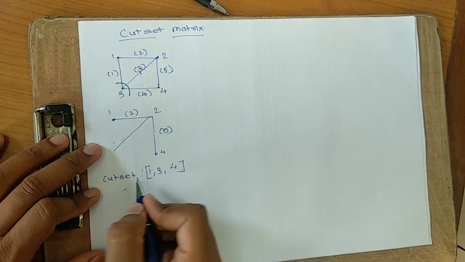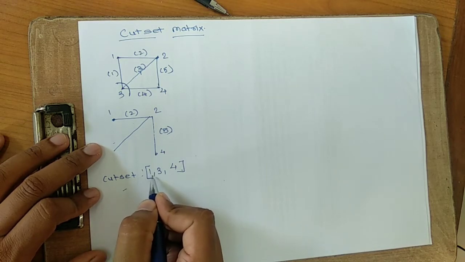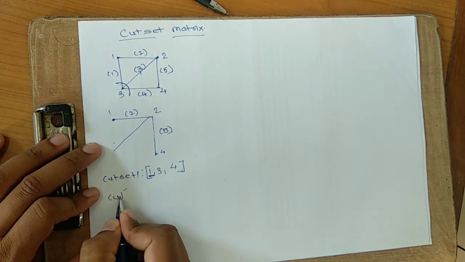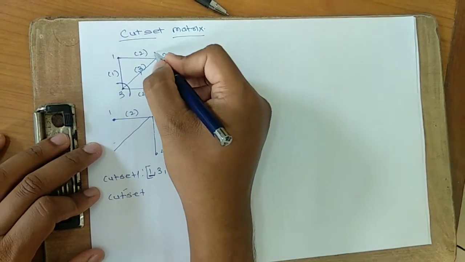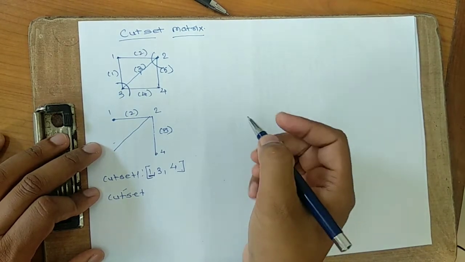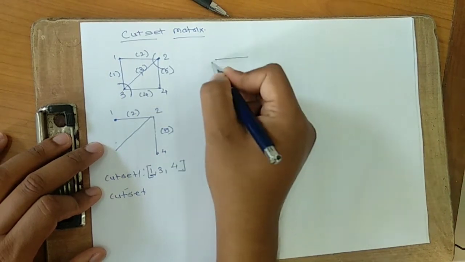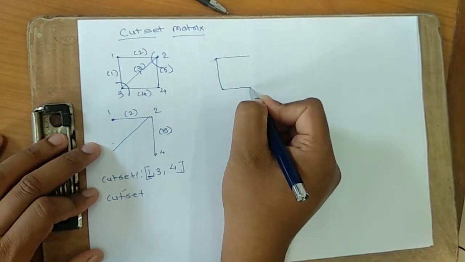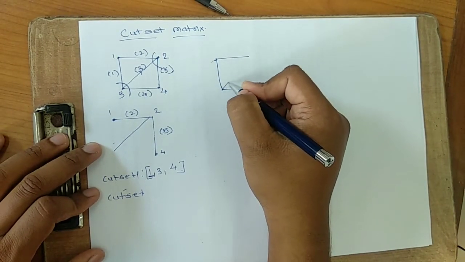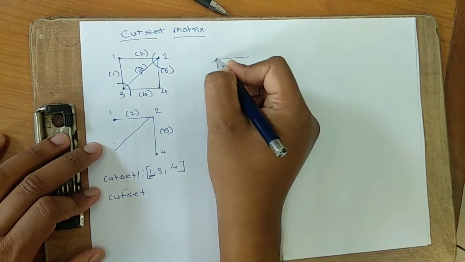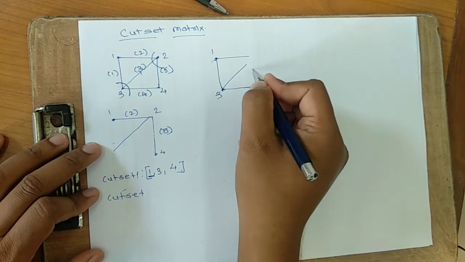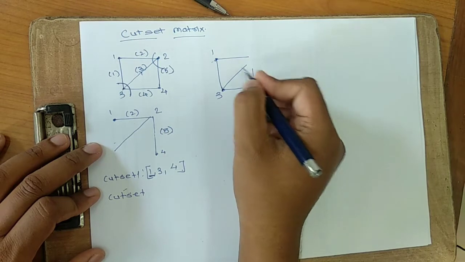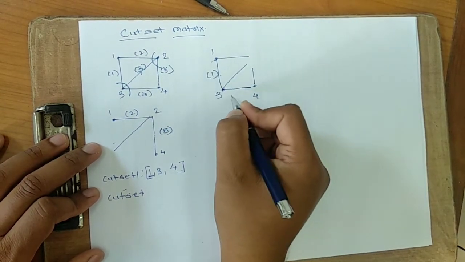And if you give the name cut set 1, you are referring to this point. Next we will find the next cut set. In this cut set I will remove the second node. If I remove it, what will happen? What branches will remain inside the diagram? These are the branches that will remain: only 1 and 3, and this will be 4. We are cutting this, so those branches have no meaning. Only branches 1 and 4 will remain.